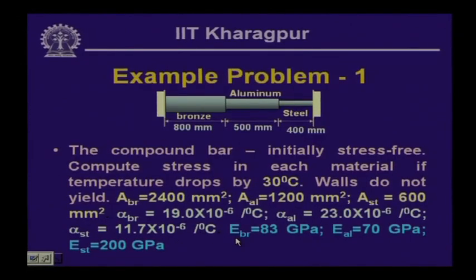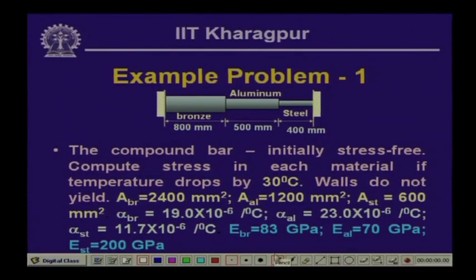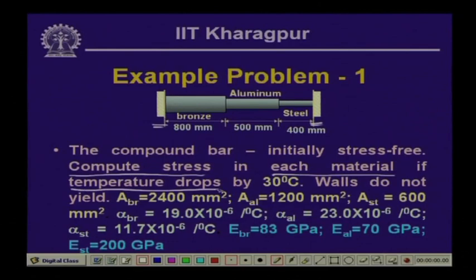Well, having looked into this, let us look into the problems. One problem which I had posed last time: the compound bar which is made out of bronze, aluminum and steel, supported between these two supports, and the stress in each of these materials is to be computed because of the drop in the temperature by 30